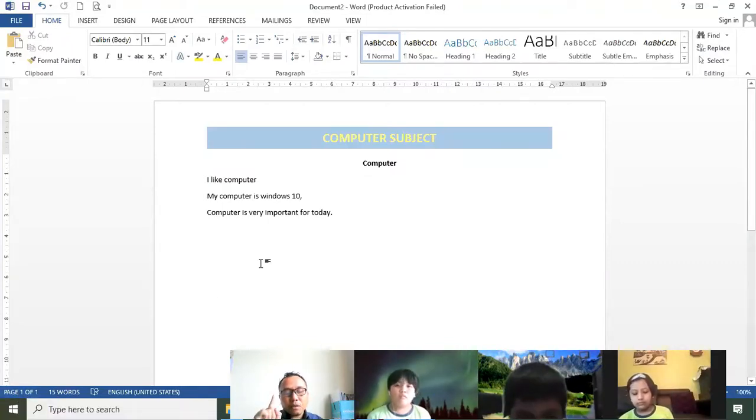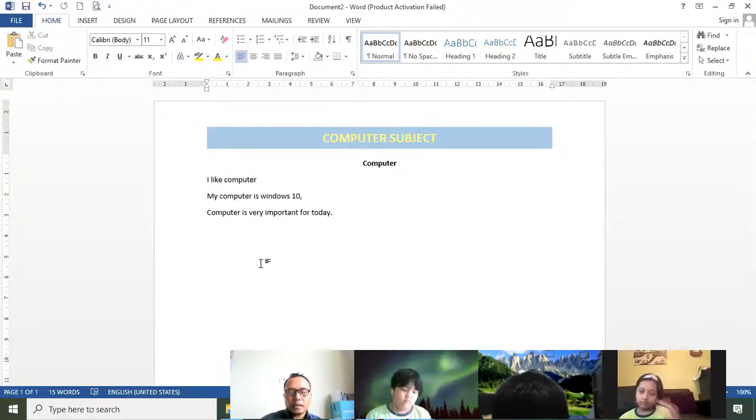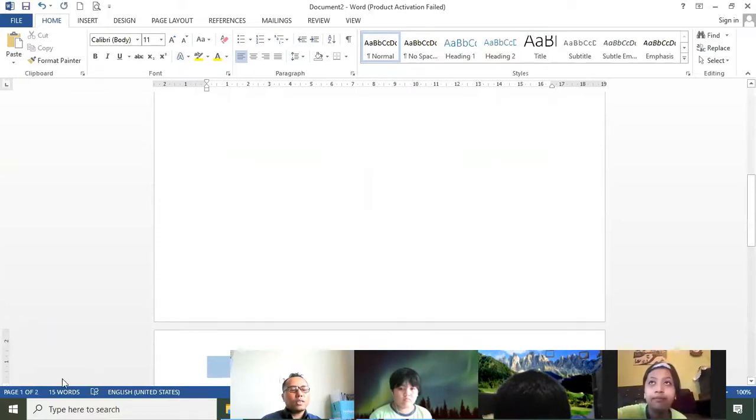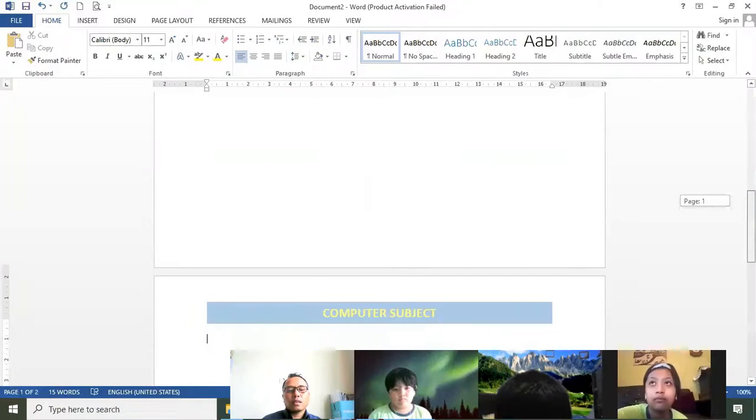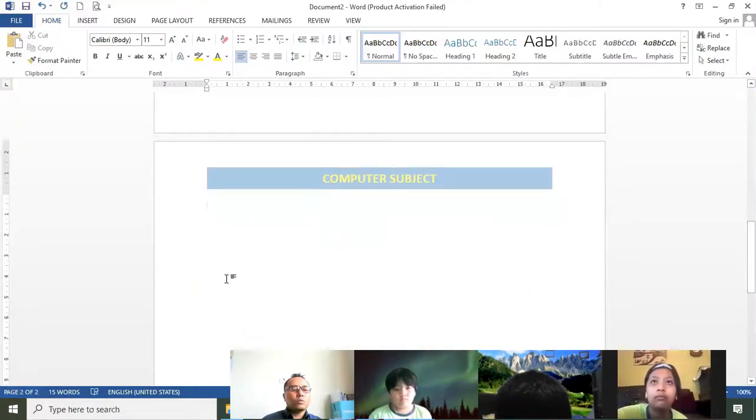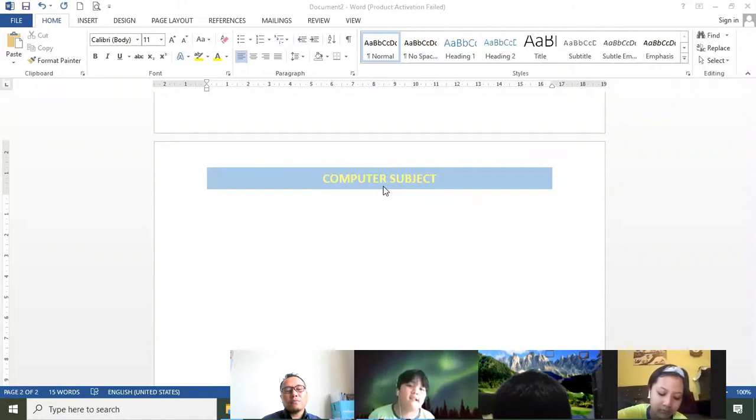I make 2 pages. I enter, kid. You can see 1 of 2. This is page 2. Automatically, page 2 also has the header, because just now we know a header is text that appears on the top margin in every page.